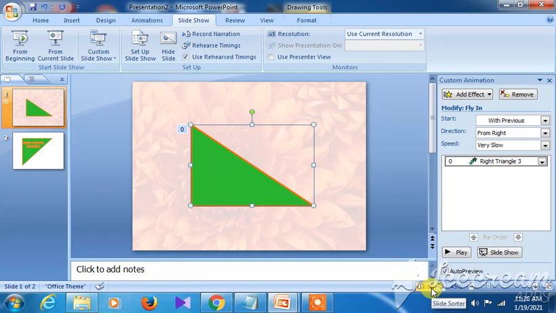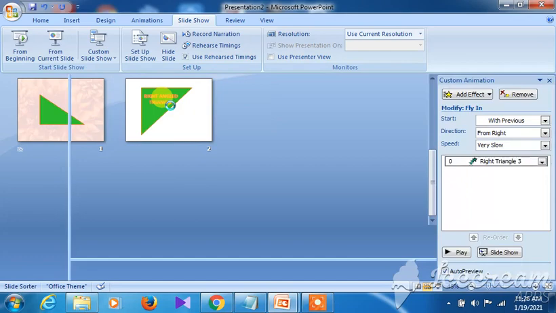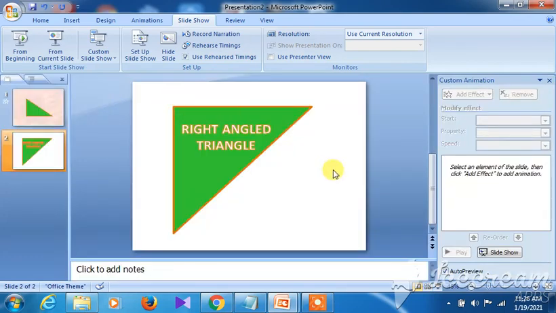This is the slide sorter view. You can see the miniature of the slides when the slide sorter view has been chosen. However, you can come back to the original slide view. Double click on it, and then you will be able to come out of it. In this way.